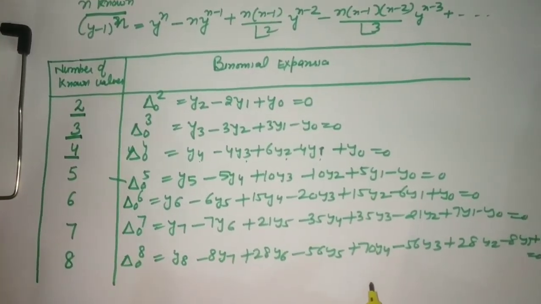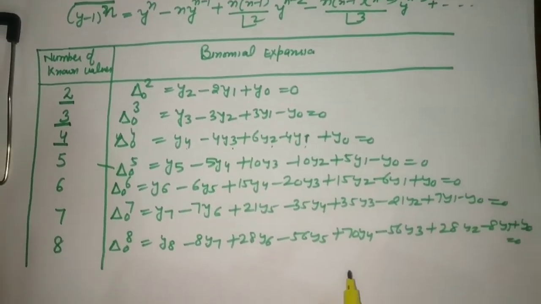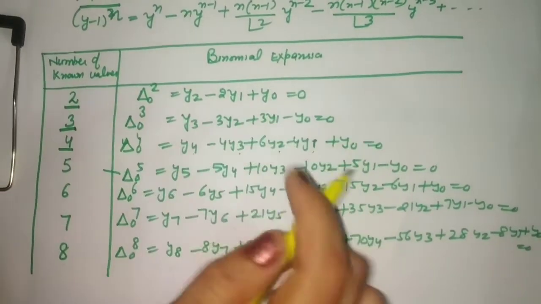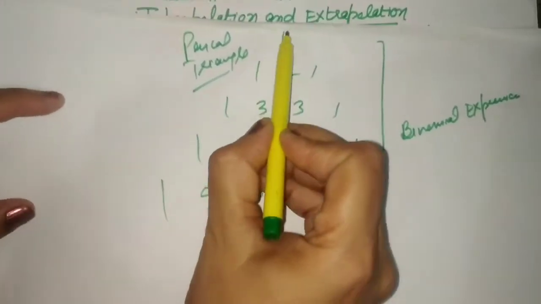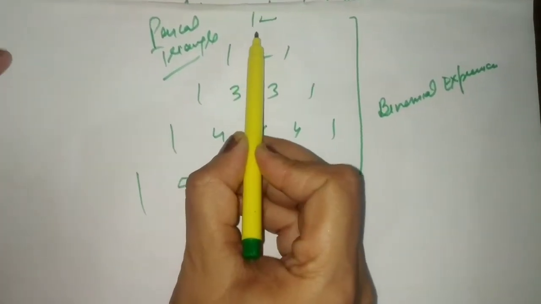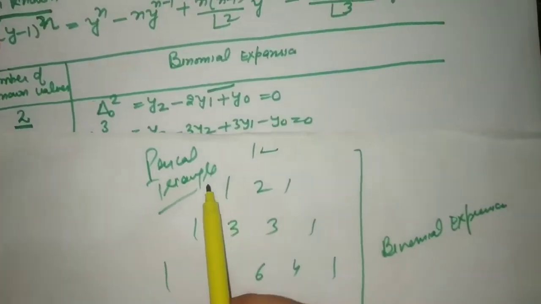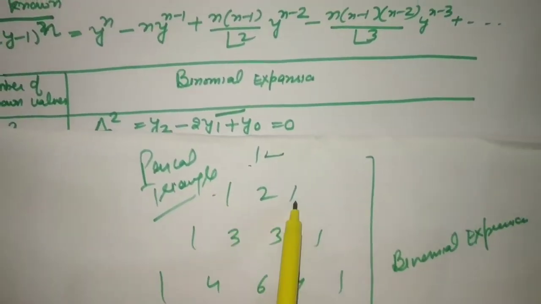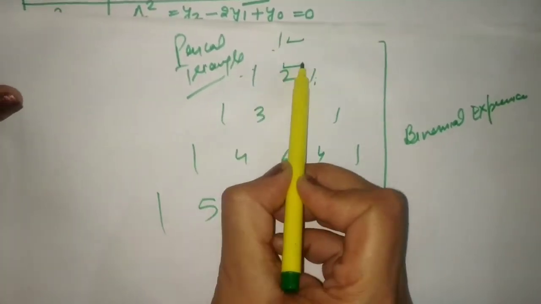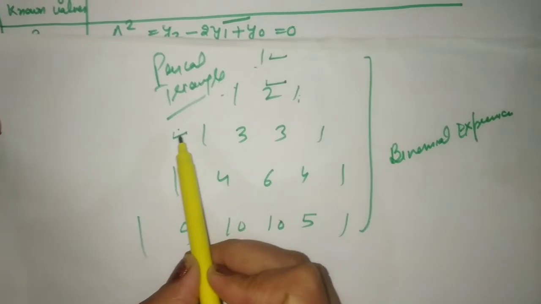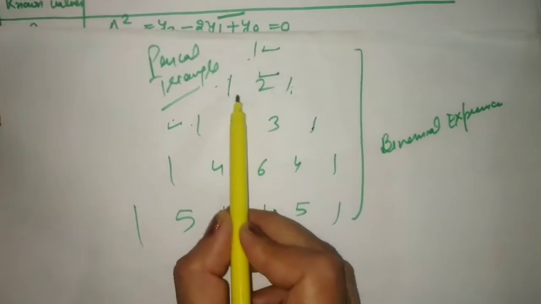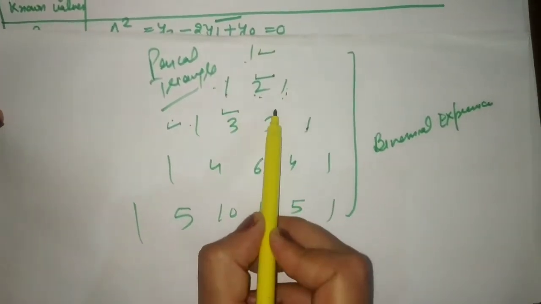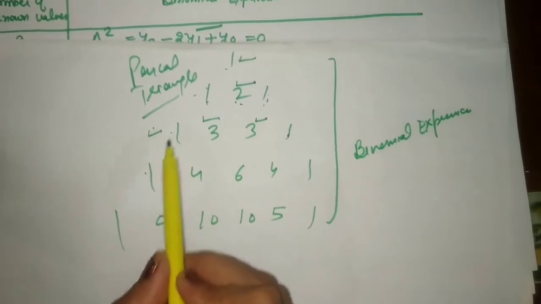And I will tell you the simplest method, that is by Pascal's triangle, we can use this expression and we can retain it very easily. So I will explain how we have to use a Pascal triangle. In the Pascal triangle, we firstly start with the 1. Then we have 1 and 1, that means extreme points, and the addition of 1 and 1 is 2. For the 3 known values, we again take the extreme points 1, 1. Then 1 plus 2 is 3, 2 plus 1 is again 3. Then again the extreme points are 1 and 1.